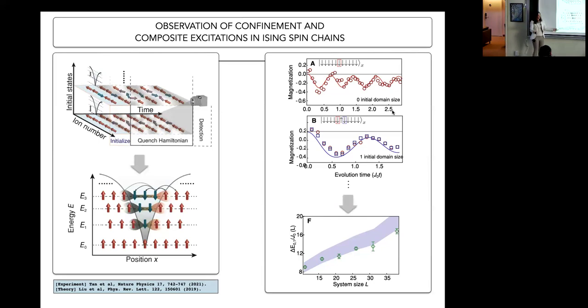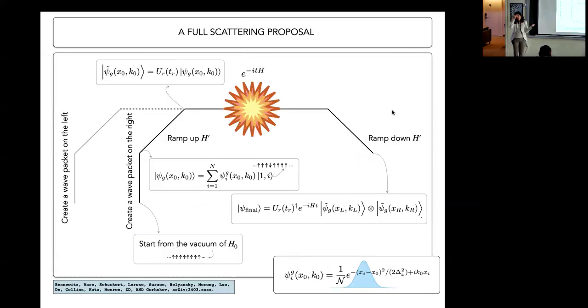So that means that they are ready, hopefully, to do the next stage that we're proposing, which is how to go beyond a simple quench experiment, make something that is more non-trivial as an initial state. In this case, these bound excitations of the kinks that are moving, and we are going to make a wave packet out of them. Okay, so this is how we propose to do that. So I want two wave packets of these excitations. Let's say one on the left and one on the right.